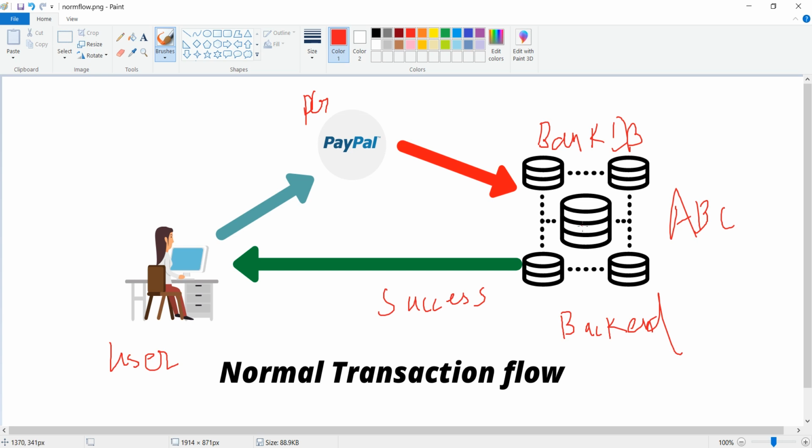To avoid any single point of failure, it is replicated in multiple places, and the user will not know from where the response comes. Each replica of these databases has to be consistent at a particular point of time, which can be checked from the transaction logs. You can make out whether it's consistent or inconsistent.